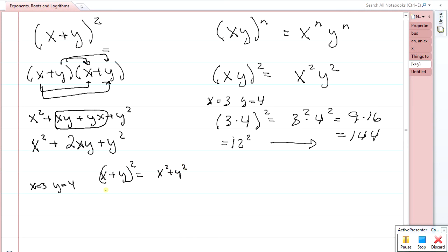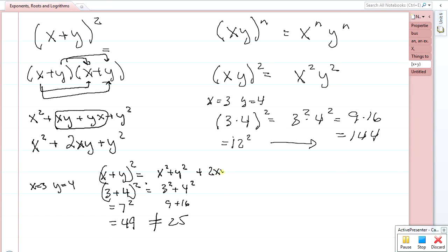Well, x is 3, y is 4. If I square this, I should come up with the same as 7 squared, which is 49. On the other hand, if I follow these rules, I only have 3 squared plus 4 squared. Well, that happens to be 9 plus 16, which is 25, and no, they are not equal to each other. So you would realize there's still one more piece that was never figured out, which is 2xy, which is 2 times 3 times 4, which is 2 times 3, which is 6. 6 times 4 is 24. If I add 25 plus 24, then you would realize, yes, I actually do have 49,